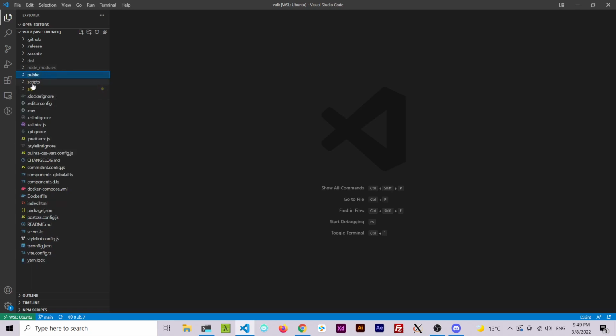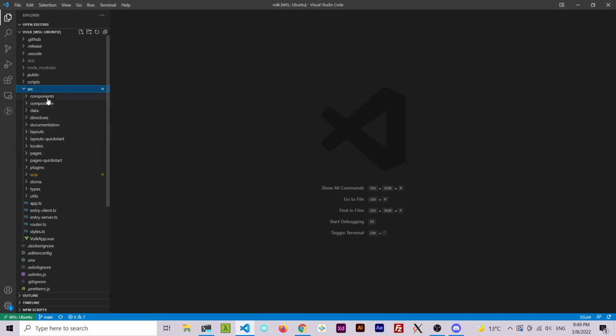So beside the public folder, we have the template root, where we have some configuration files like Vite, the package.json, the Docker files, the Bulma CSS vars configuration. I'll get to that a little bit later, and our linters configuration. So let's look at what we have inside the src folder. So first, the components folder, which is the most important folder because it hosts all the components that are used inside Volk. So we have the base components,